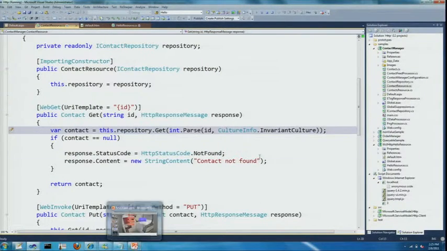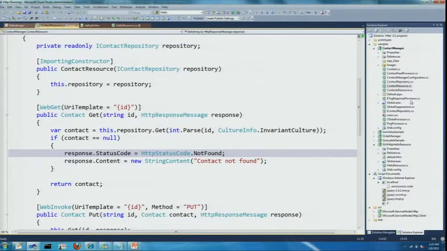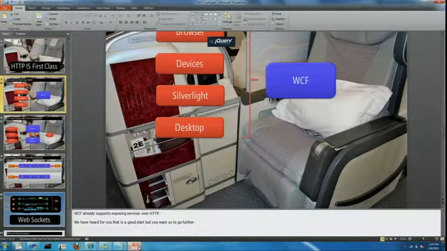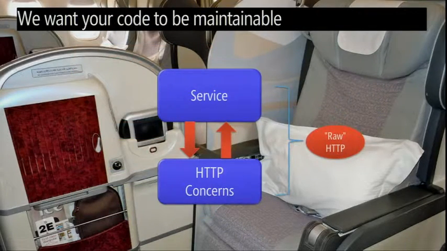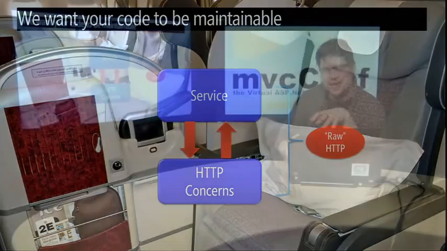Okay, so you probably want to know how that image processor was actually achieved. I'm going to jump back to a slide for a second. In addition to caring about clients, we also want to make sure that your code is maintainable. We don't just want to give you functionality, but also a good experience when you're working with the code.